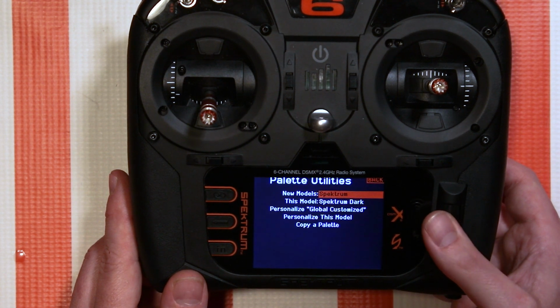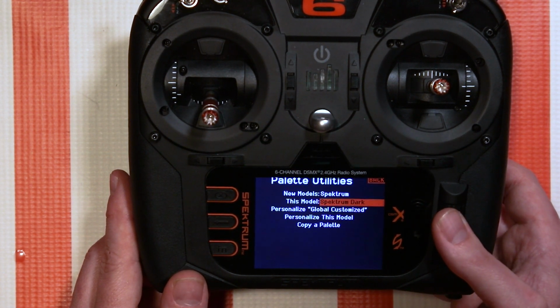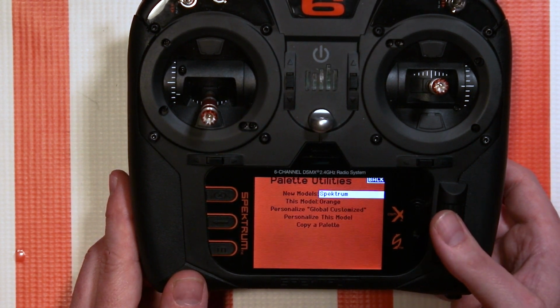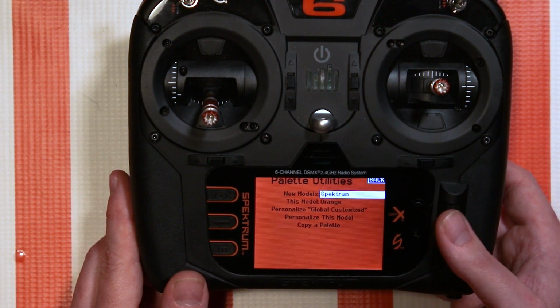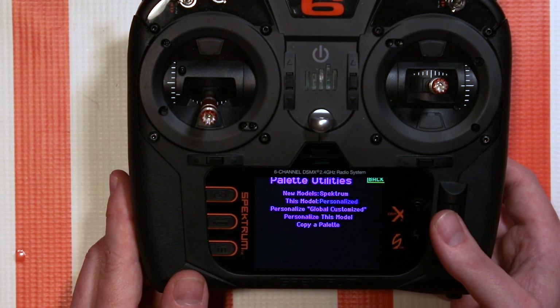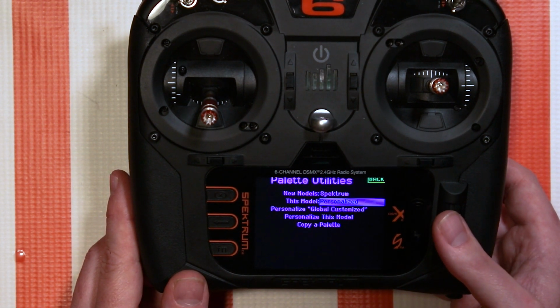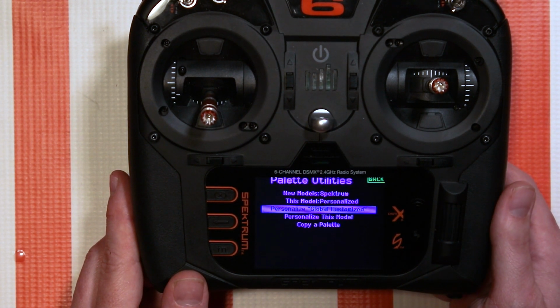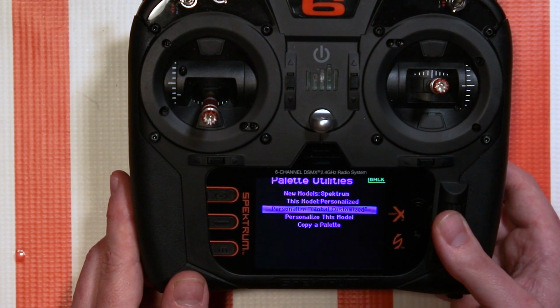Spektrum Dark, which is kind of the reverse of Spektrum. Orange, oh, I like orange. That one looks really good. That's very festive for Halloween coming up. And then personalized. When you select personalized, that is these global custom personalizations. So if we go in here,